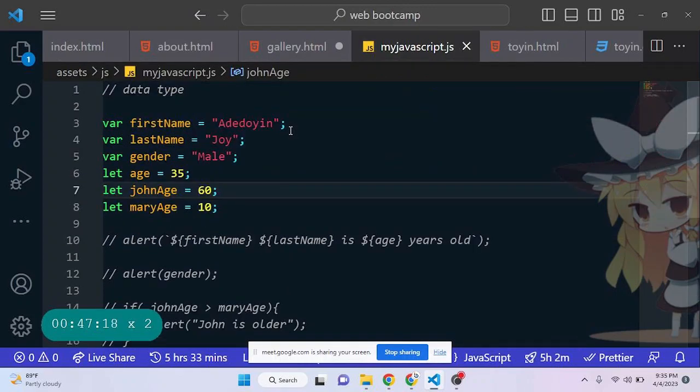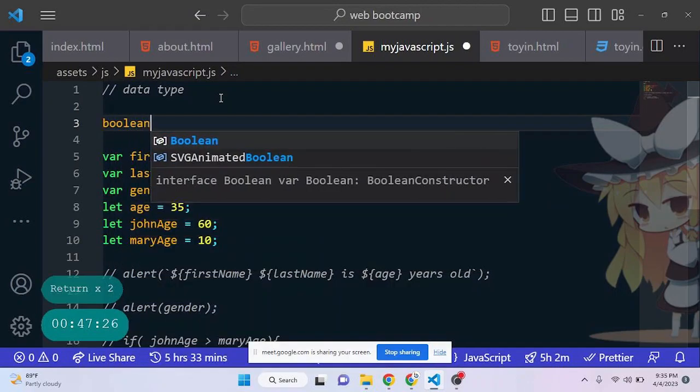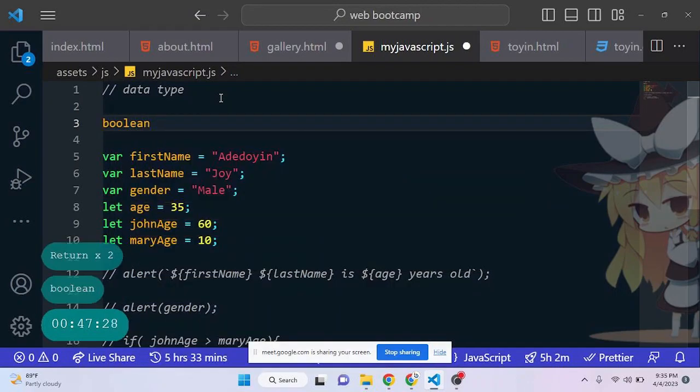Pardon me, please. When I was explaining the different data types the other time, I actually forgot boolean. I omitted it. There's another data type called boolean, and this boolean data type could either be zero or one, false or true. And in programming,